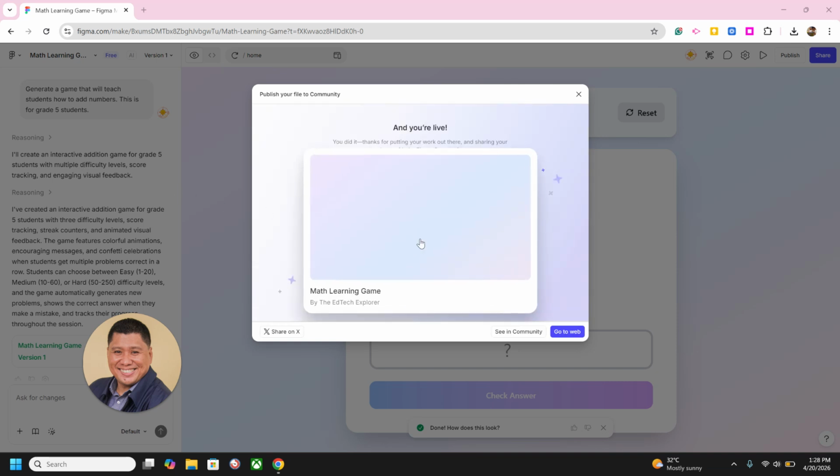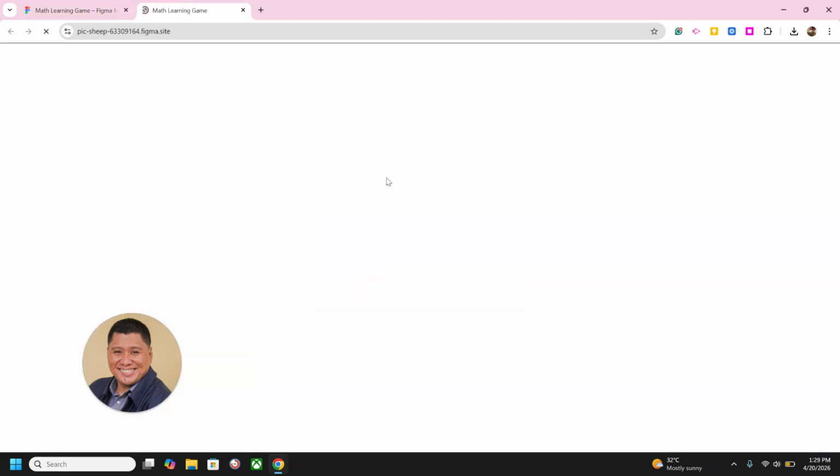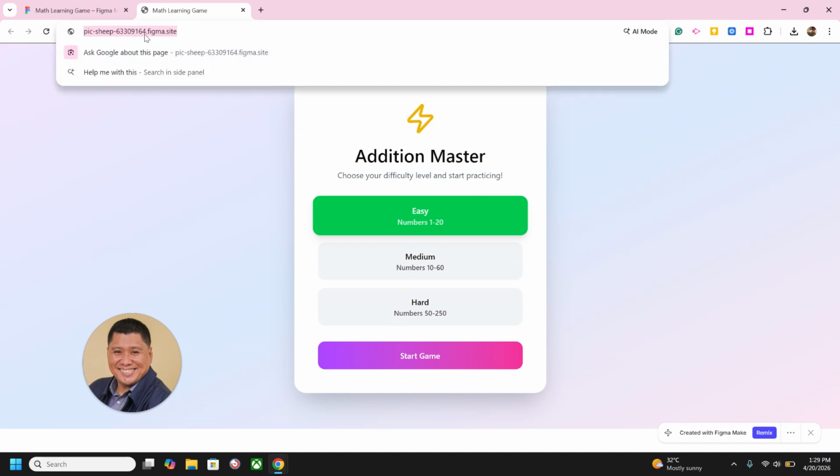Once it's done, all you have to do is click go to web, like so. If I click this one, it will go to the website where you can actually utilize the application. Then you just get this URL.